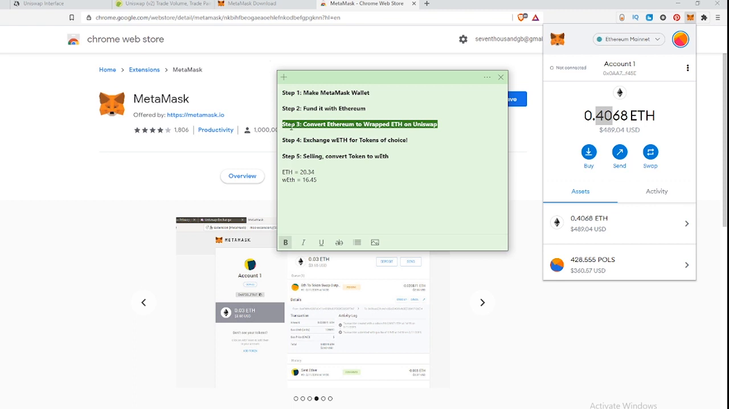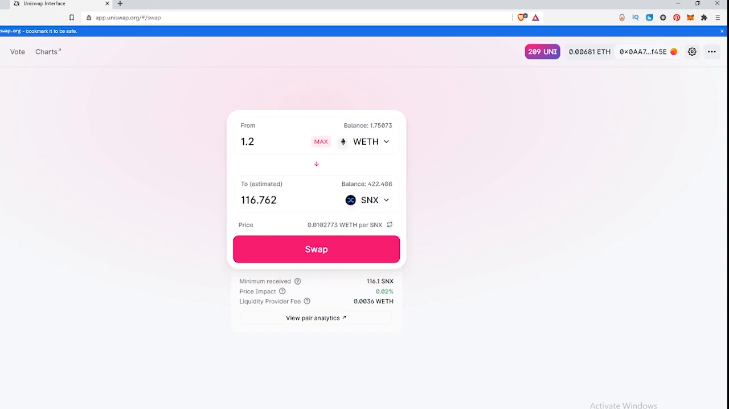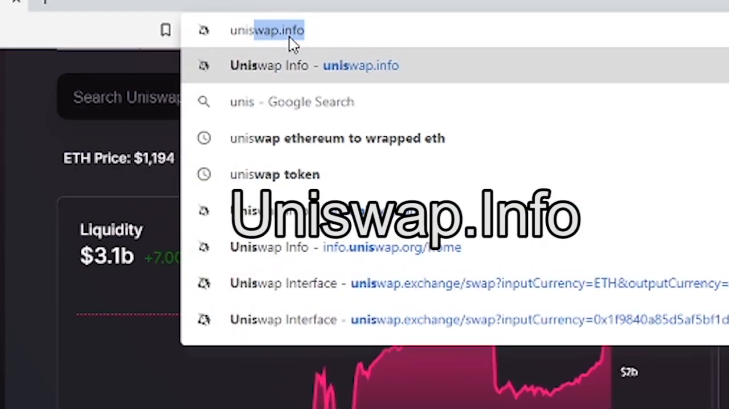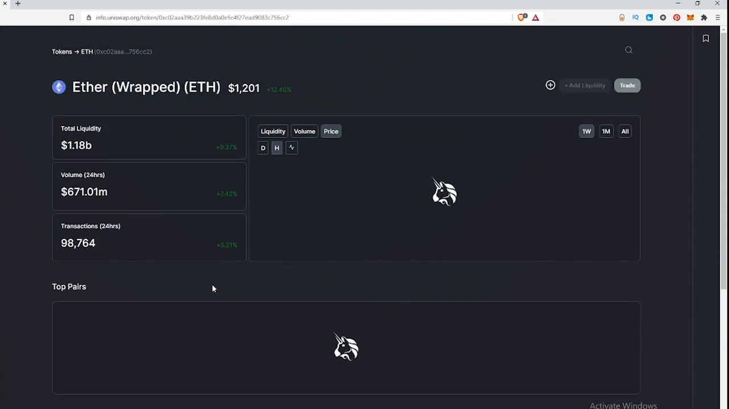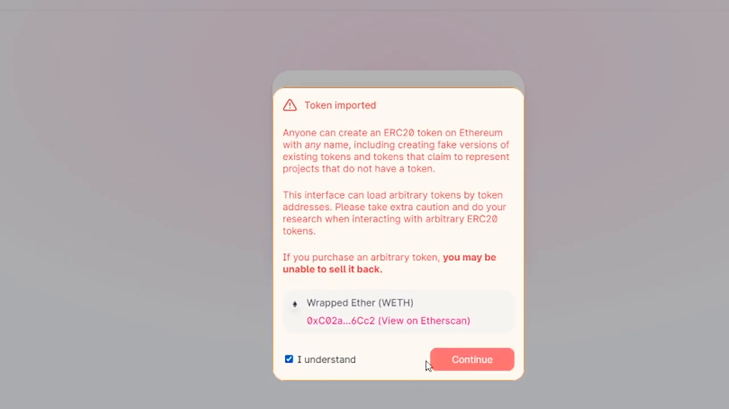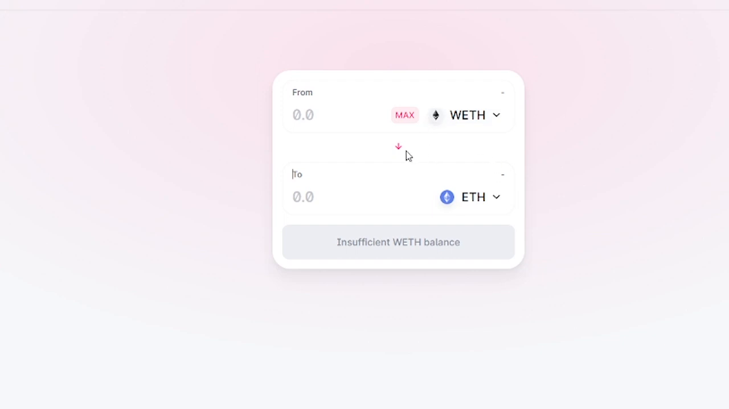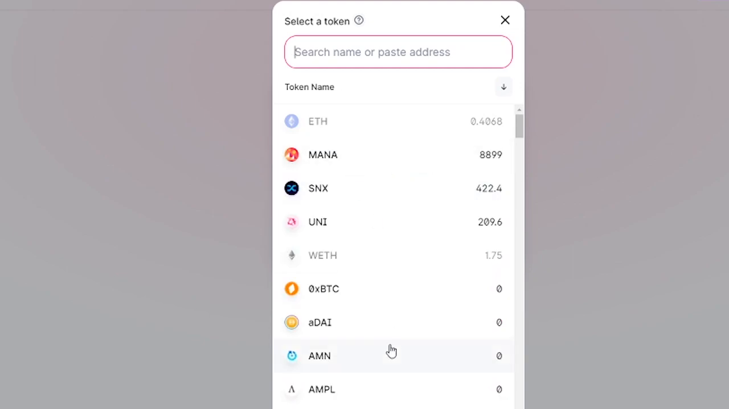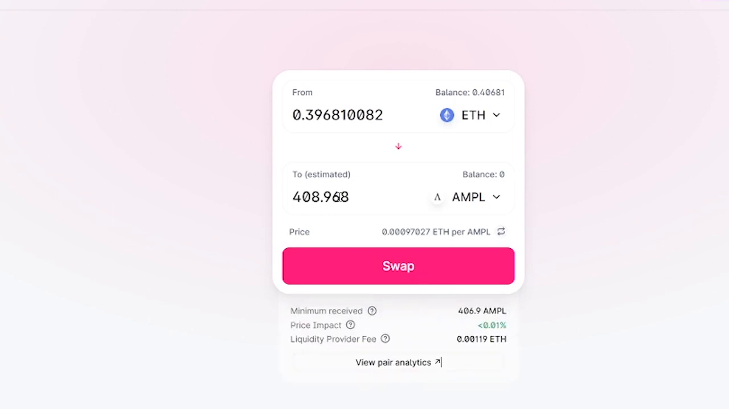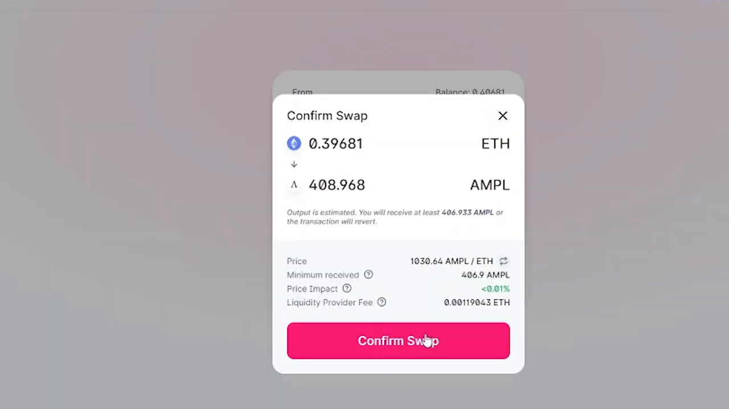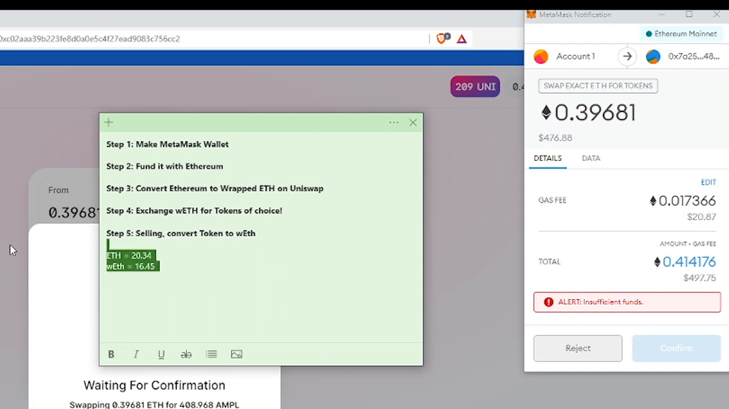The third step is we're going to convert the Ethereum to Wrapped Ethereum using UniSwap. So we're going to go over here to uniswap.info. Okay, let's click the first one, go to trade, and I'm going to show you guys why we are going to change our Ethereum to Wrapped Ethereum. Right now we have Ethereum, and if I wanted to buy, for example, Ample coin, if I wanted to max it out, I would get 408 Ample, hit confirm, and on the regular Ethereum